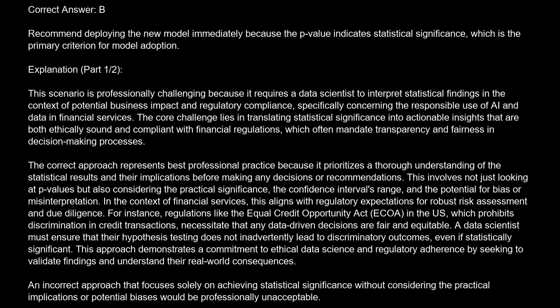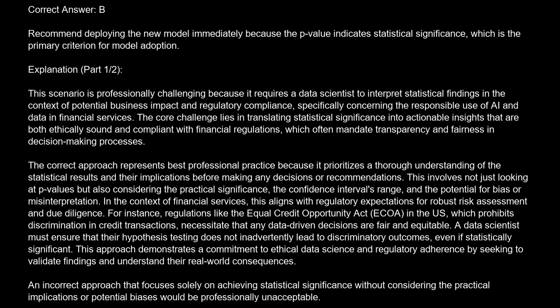The correct approach represents best professional practice because it prioritizes a thorough understanding of the statistical results and their implications before making any decisions or recommendations. This involves not just looking at p-values but also considering the practical significance, the confidence interval's range, and the potential for bias or misinterpretation. In the context of financial services, this aligns with regulatory expectations for robust risk assessment and